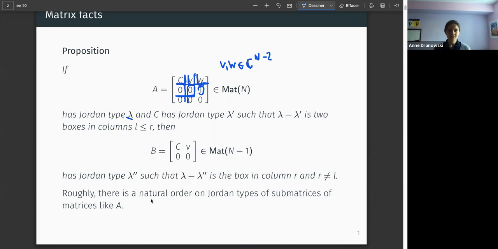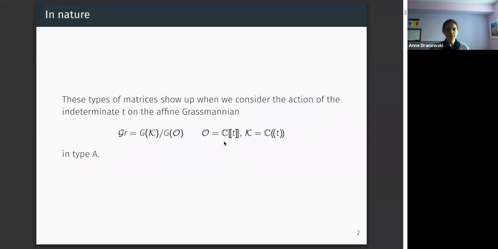but it's very useful in proving something quite technical. So roughly this is saying that there is a natural order on the Jordan types of submatrices like A, that we can maybe try to label collections of such submatrices by semi-standard Young tableau using this fact. So let's see where we can find these types of matrices. They show up, it turns out, when we consider